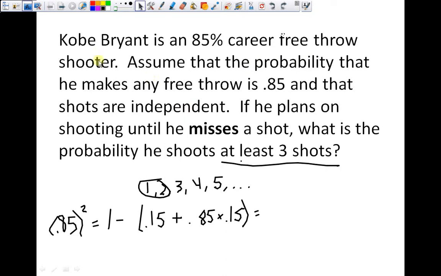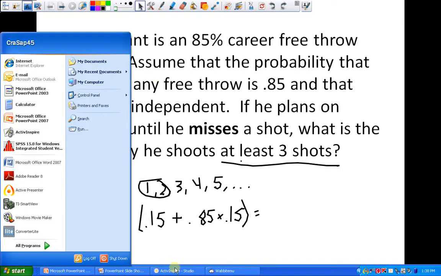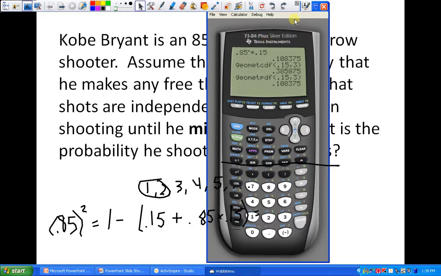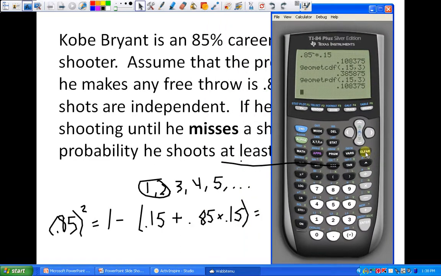Okay, so our answer is 0.85 squared. That's our answer. Or you could do 1 minus 0.15 plus 0.85 times 0.15. That gives us that. Or, in the calculator,